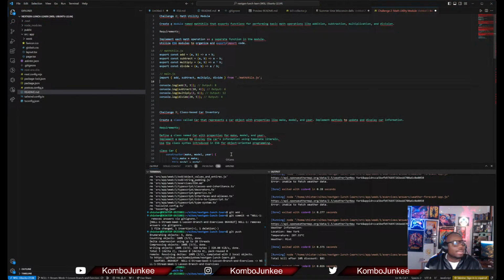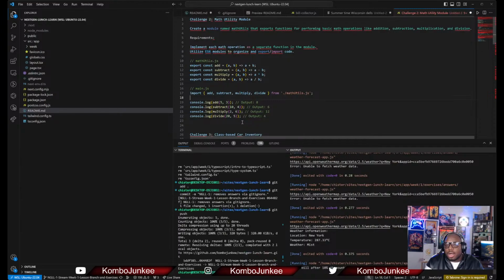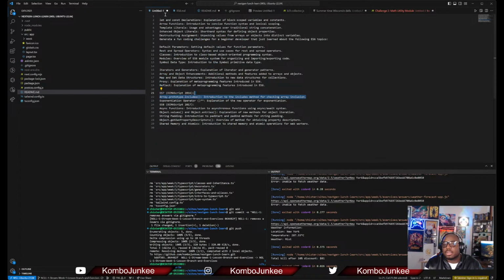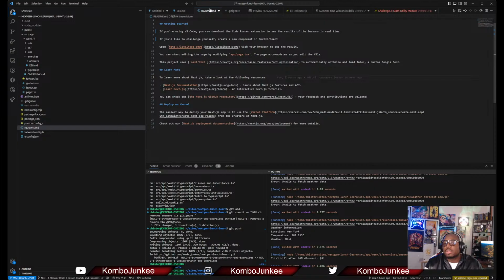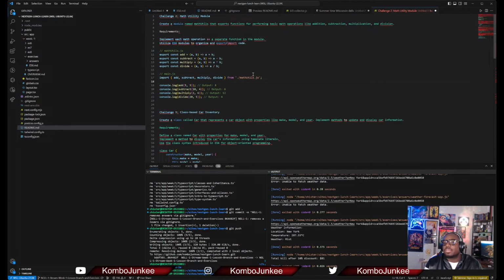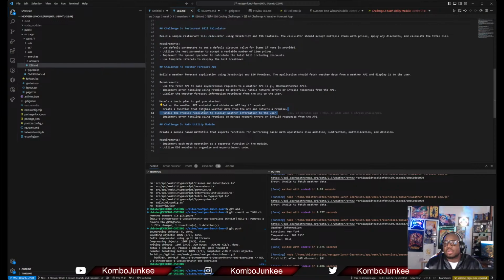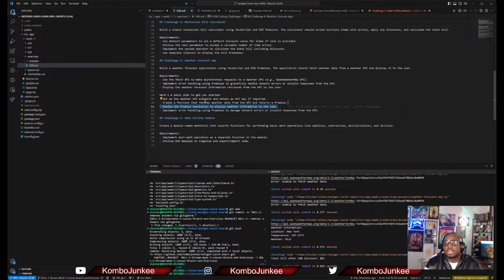Go here to the IDE. Let me get that a little bigger. But hold on, I'm going to keep that small actually. I need to do some copy pasting. Right now I have all of my challenges that I took out. I pulled them out and put them over here. I want to put these into a general ES6.md file. This is going to be like our challenge list.